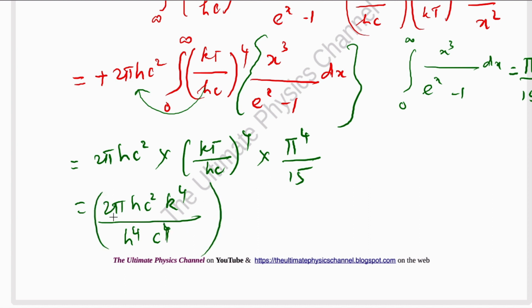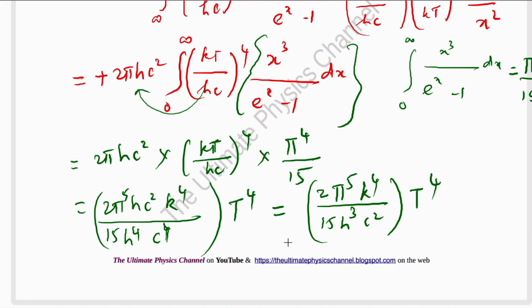Of course there is another pi power 4, so pi 5, and then there is a 15, that 15 comes here, and then you have t power 4 alone in the bracket, that comes out as t power 4. And then of course this can be further simplified because there is an h and h power 4 here, so I write it as 2 pi power 5 k power 4 over 15 h cube c squared